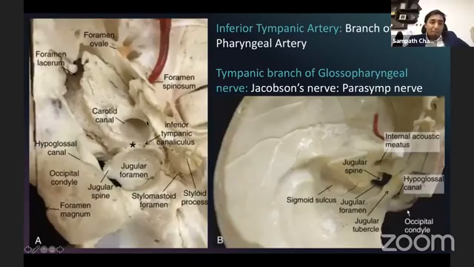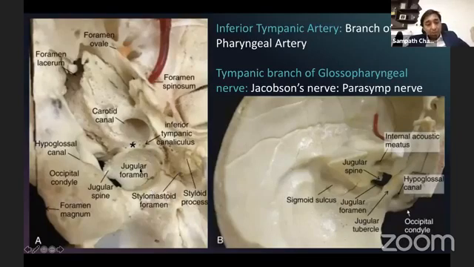The tympanic bone for me is the gateway to lateral skull base surgery. The entire tympanic bone has to be removed so that you uncap the lateral wall of the carotid canal, the jugular bulb, and also the stylomastoid foramen. The styloid process is part of the tympanic bone, and removing the tympanic bone in its entirety exposes you to the three most vital structures: the facial nerve, the jugular foramen, and the carotid canal.